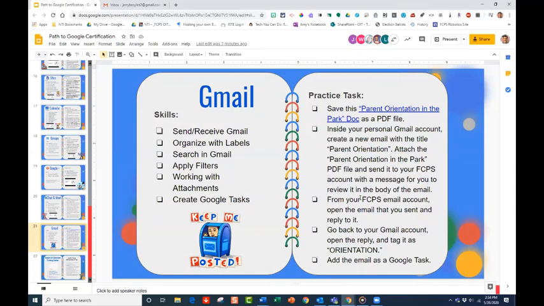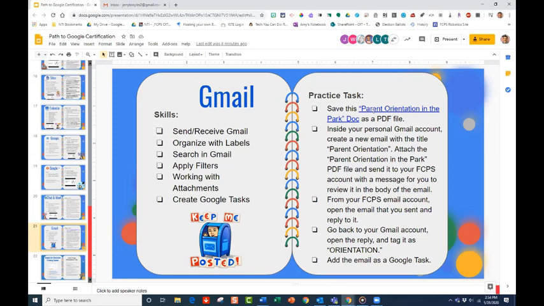So, all right, our practice task over here today is for after you're done. This is definitely not everything that you should be working with in Gmail. You really need to get in there and play with it. I would suggest sending emails back and forth between your Fayette County account and your Gmail account. I think that will work really well for you. And then play with what we're teaching you today, especially the filters, labels, and attachments. You do not have a Fayette County associated Gmail account, so you do need to create a personal